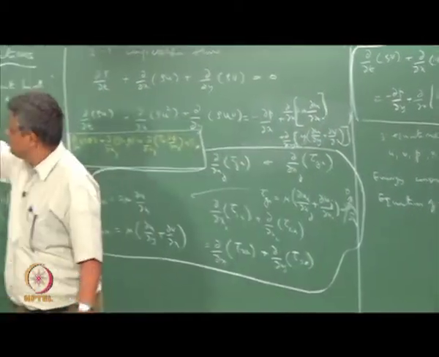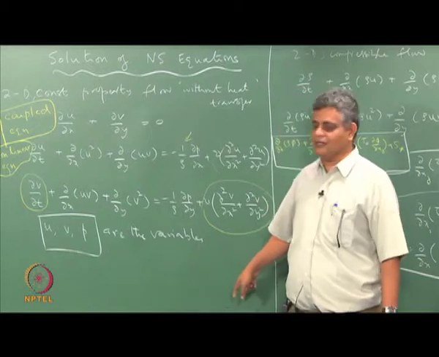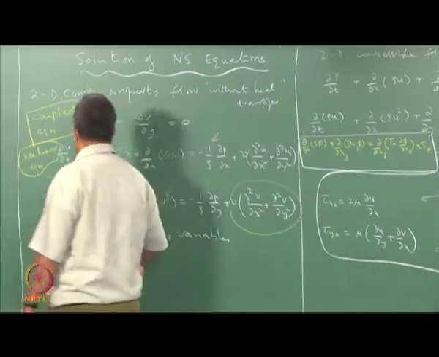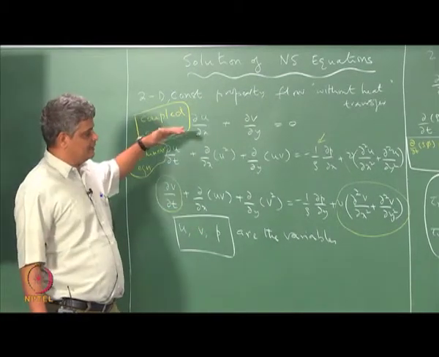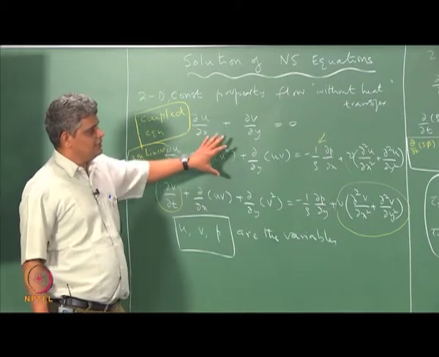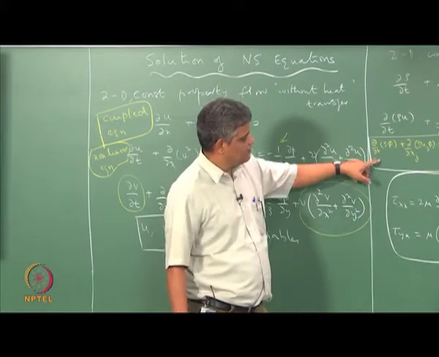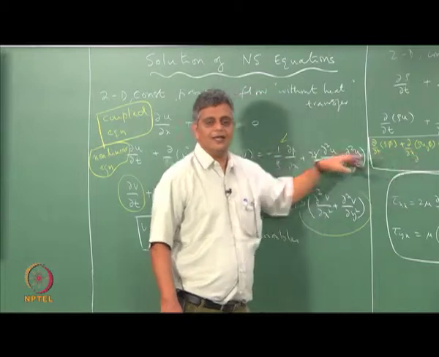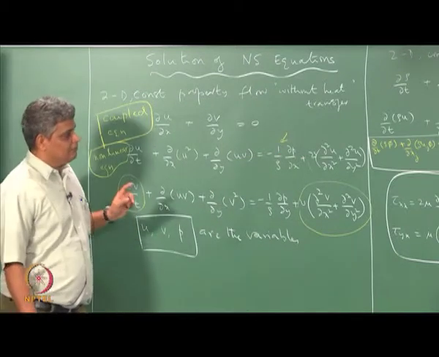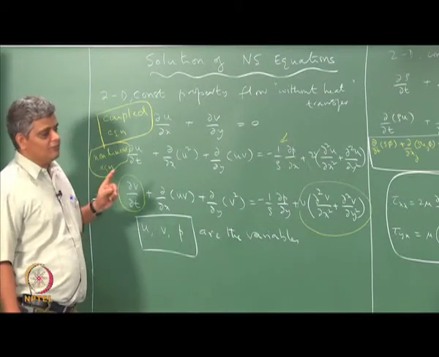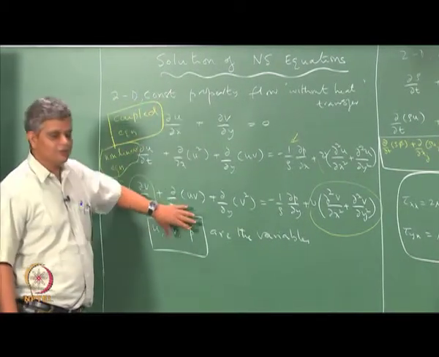In the case of 2D constant property flow with heat transfer, in addition to this we will have the heat transfer equation. Okay. That heat transfer equation we will see is decoupled from the momentum equations. So in that sense, once you solve the momentum equation, you get u, v at every point, and then the corresponding heat transfer equation will be of this form with known coefficients, and that equation can be solved at that time. It will be like the model equation, but there is a problem. The model equation can be solved only after we solve the Navier-Stokes equations and get u, v, p. Okay.